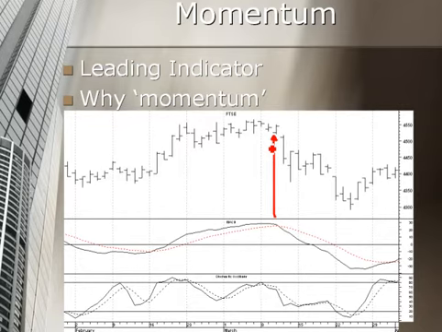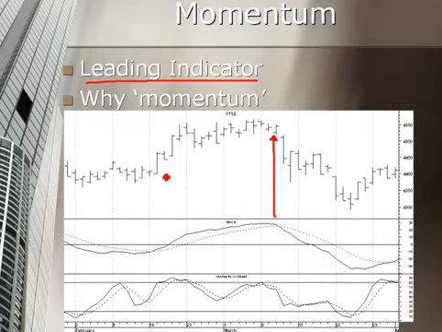Sometimes, because these aren't 100% accurate, they're right about 7 times out of 10, it might get you into a trade that's going to be wrong, in which case we need good money management to make sure we've got a narrow stop loss and we get out of there very quickly. But that comes later. What we're trying to answer here first is what a leading indicator is and what it means.